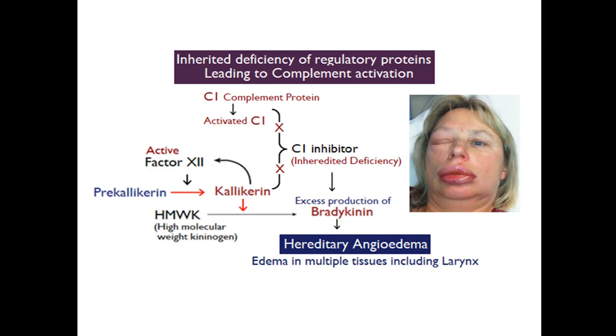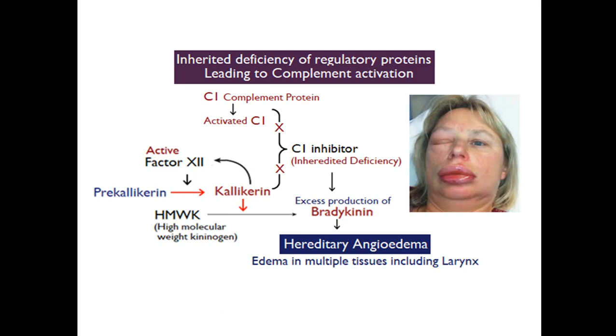And this kallikrein will convert the high molecular weight kininogen into bradykinin. And bradykinin itself is a strong component which is involved in pain, fever, and other signs and symptoms